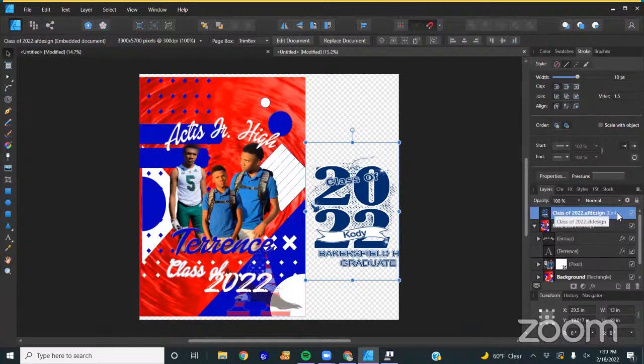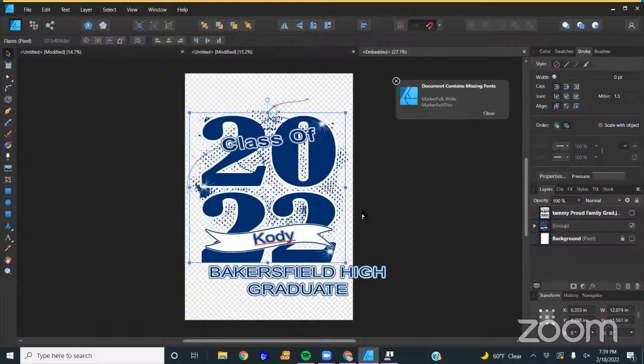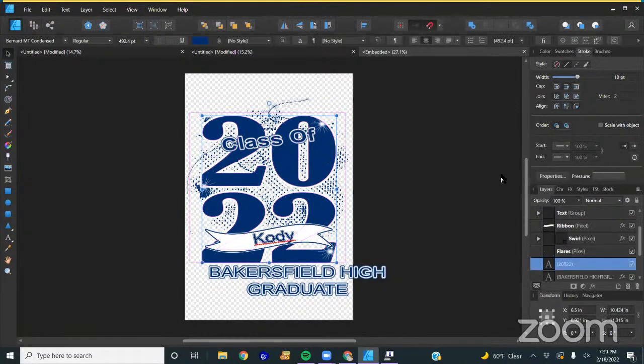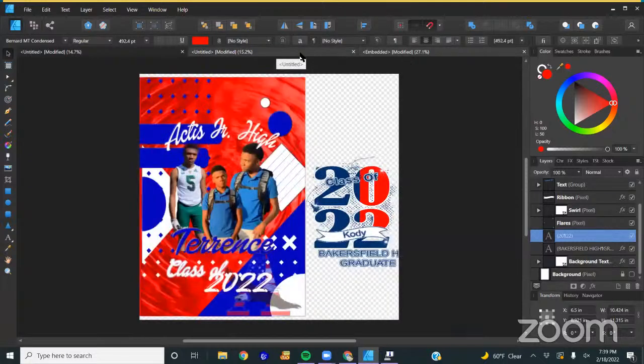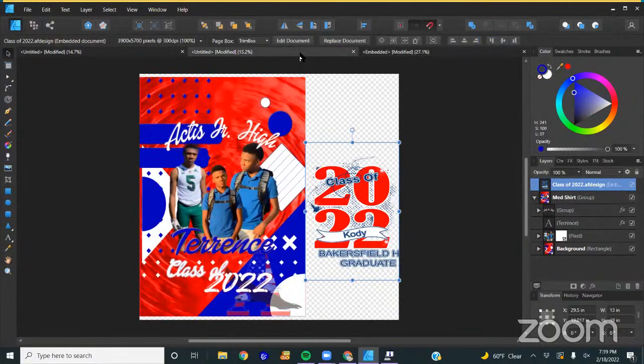So as you can see, when I pull this in, it says it's embedded, which means if I double click, it's going to take me to a new window. So everything that I change over here is going to change on the other side. So let's just say I grab this and change the color. We'll just say I'm gonna change it to red. So I change it to red over here. When I close this window, or if I go back to this one, it's gonna change to red on that side. That's perfectly fine. You can do it that way. I just hate going back and forth from window to window. It's just a personal preference thing for me.